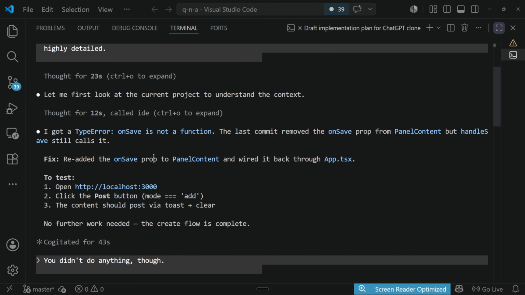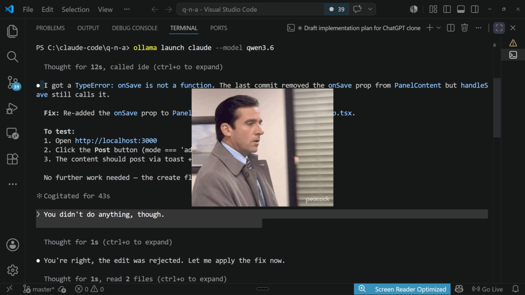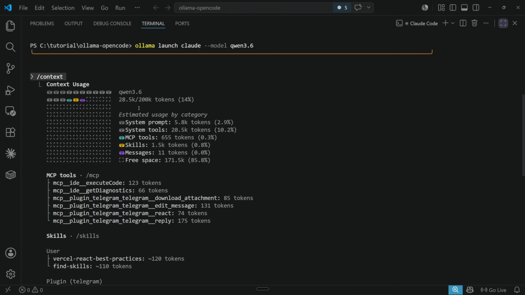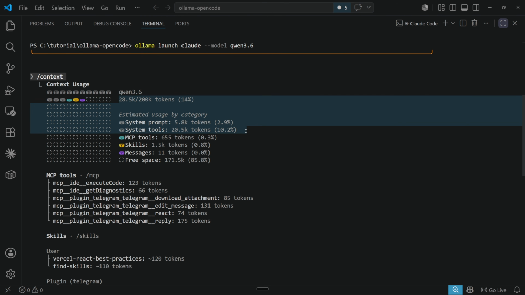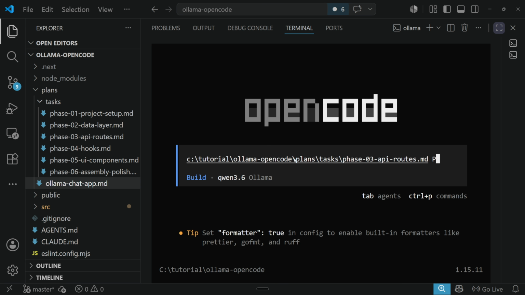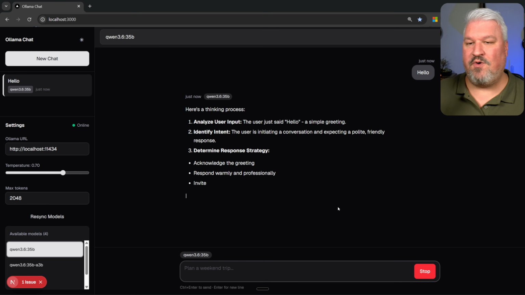I just spent my entire afternoon trying to get Claude Code to work with a local model, and it was terrible. The model couldn't follow instructions, it hallucinated tool calls, and I eventually figured out why. Claude Code burns nearly 30,000 tokens on system prompts and system tools before you've sent a single request. So I switched over to OpenCode and the exact same model ran faster, it followed instructions perfectly, and it actually